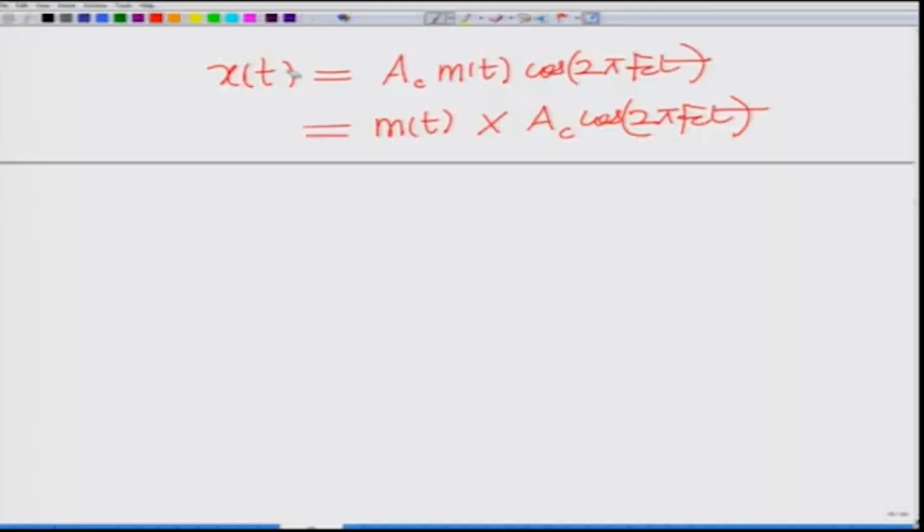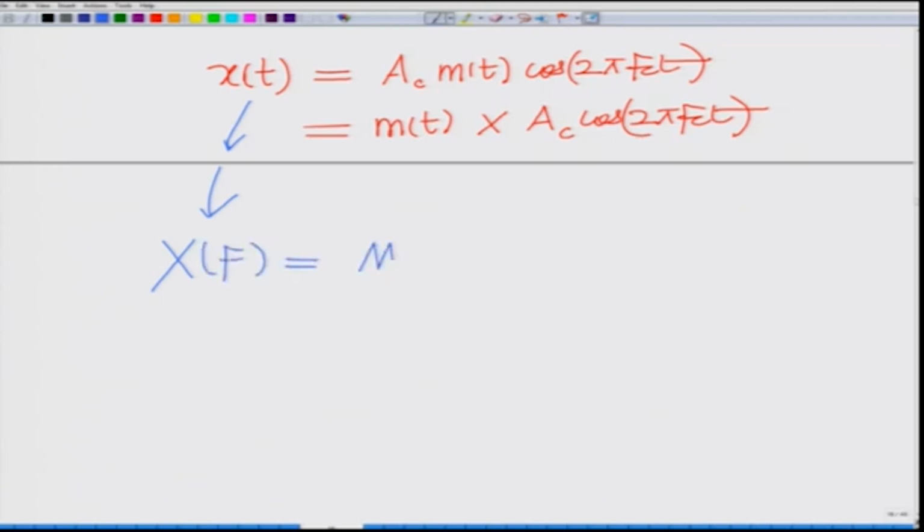It is a multiplication in the time domain, which means the frequency response X(f) is the frequency response M(f) convolved with the frequency response of the carrier Ac cosine 2 pi fc t. So, multiplication in the time domain is convolution in the frequency domain. Therefore, we have, as we have already seen this before,